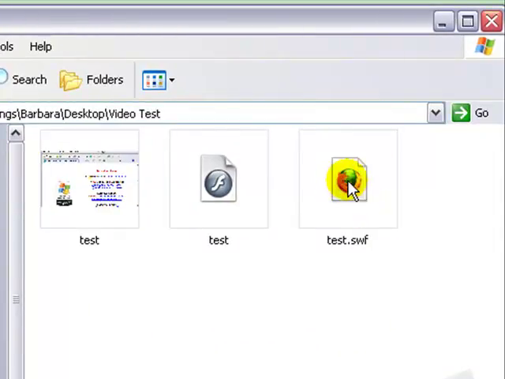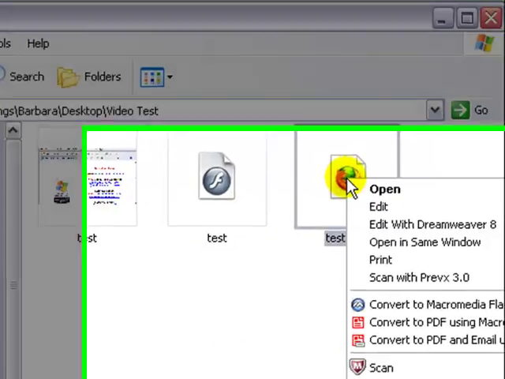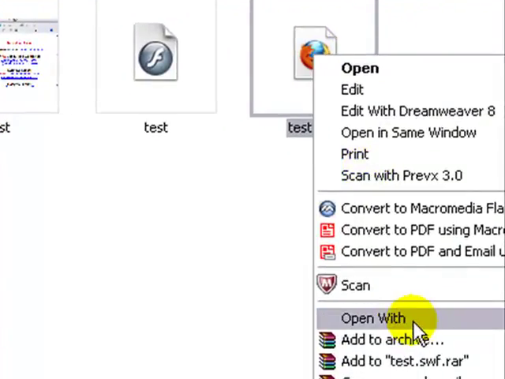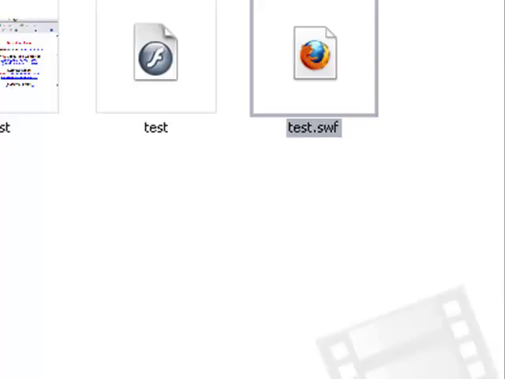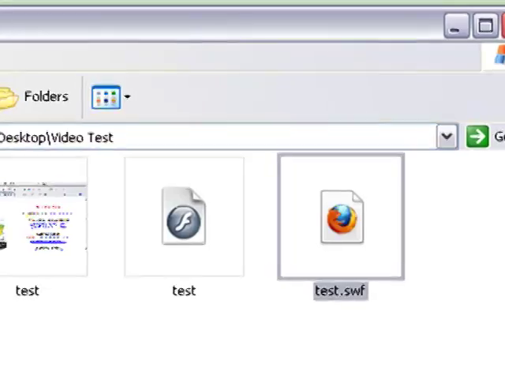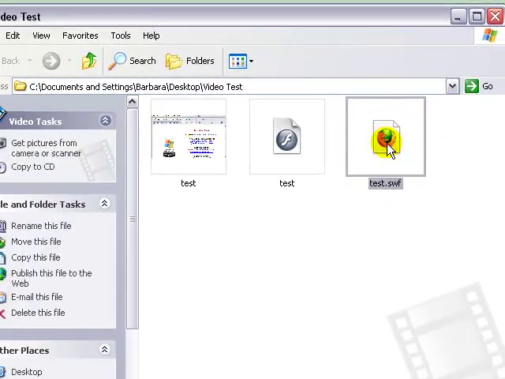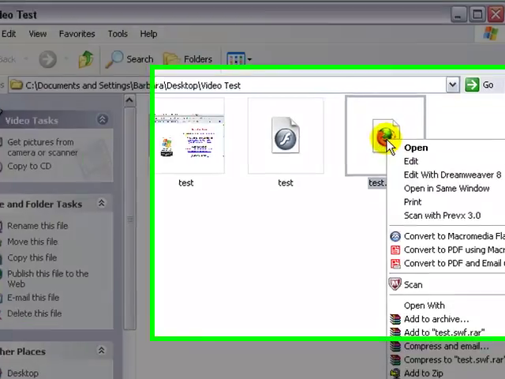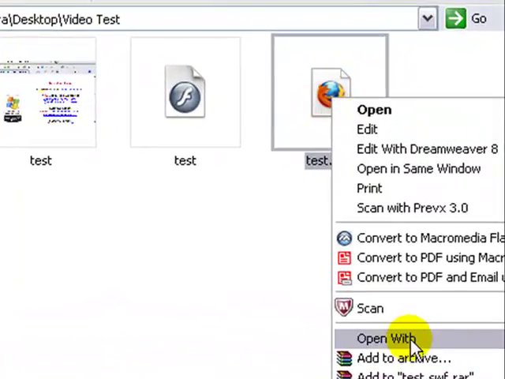Now if you right click this and you say open with Firefox, eventually, you will see absolutely nothing, because this is the bug in it. And if you close that down and you then right click this and open with Notepad,